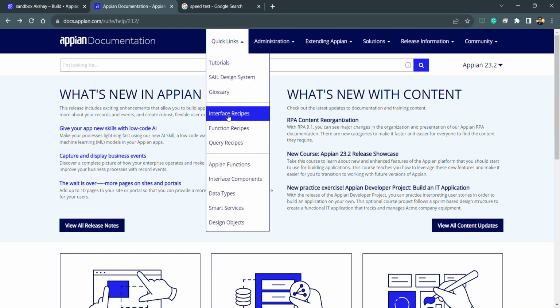So we have interface recipes, which are recipes we can use in the interface to make our UI good looking, or we can utilize the patterns which are already there in the interfaces. So there is a lot of stuff you can explore. And if I go inside the function recipes, like query entity, query record type, there are a lot